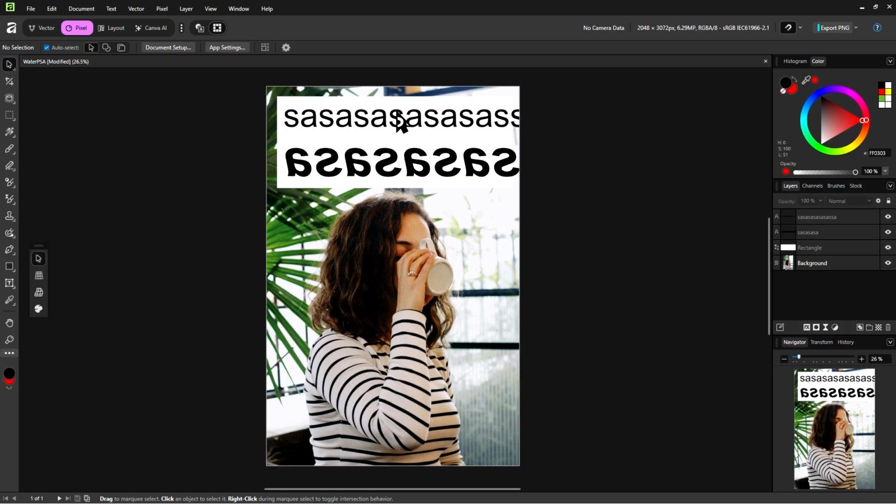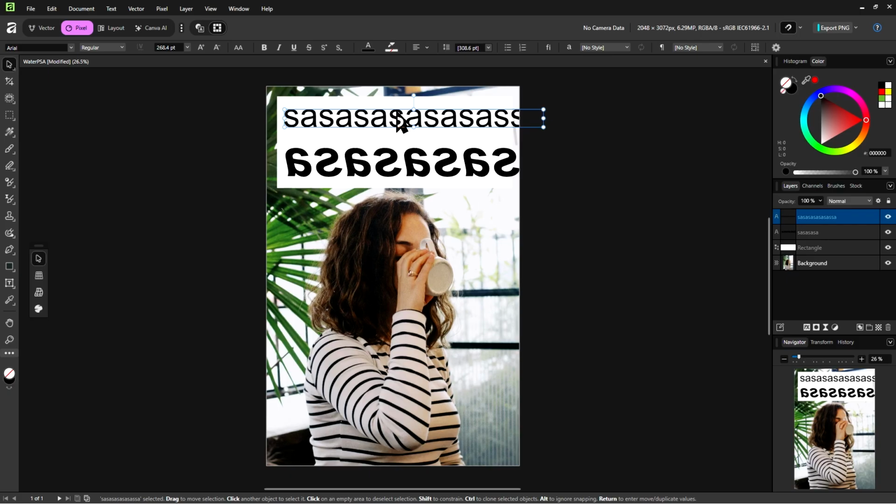We do need to place some text here that says to drink your water, but sasa isn't really, how do I say this, a message that you can interpret as the fact that drinking water is good, so you should probably do it. So we should probably click on them with the move tool to select them.